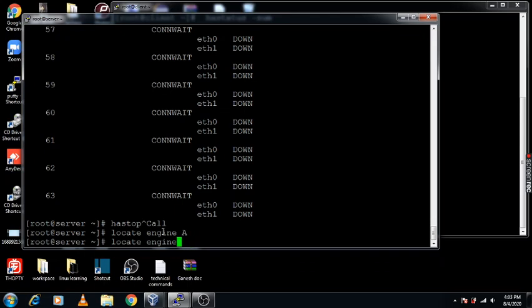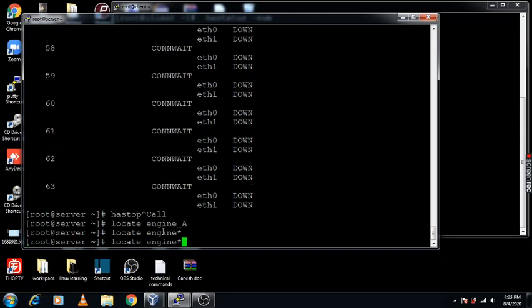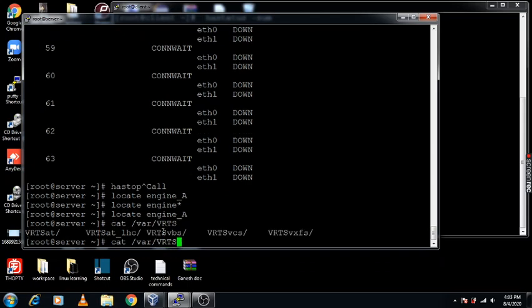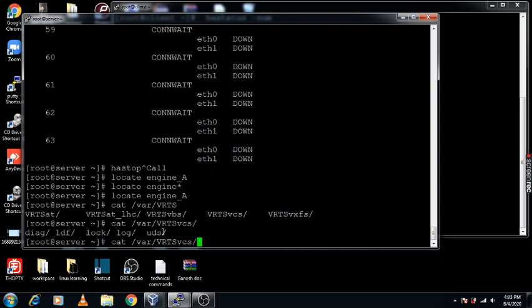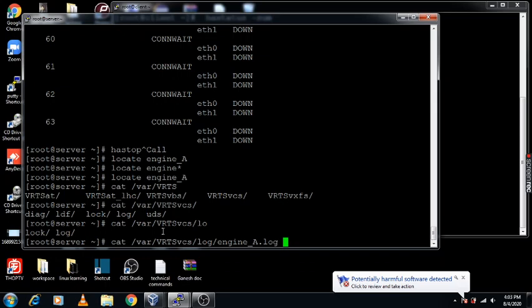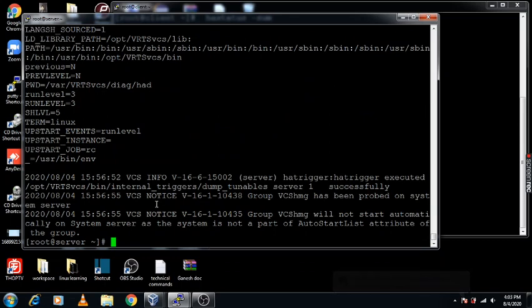The path is /var/VRTSvcs/log. engine_A.log is your log file. You can check all the logs related to your VCS.